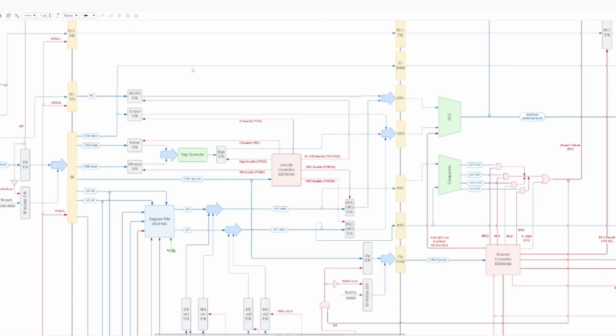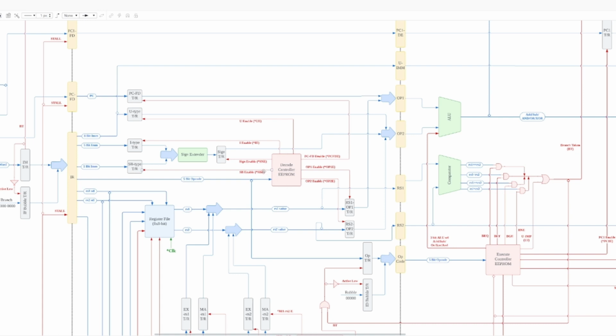Okay, now I'll talk about the decode. The decode receives instructions from fetch and separates them into operators and operands for the execute stage. And this is the decode controller EEPROM, and it acts like a hash table. Based on the opcode it receives, this 5-bit opcode that also gets sent to execute, it will activate a certain control signal for one of these 4 types. And also the certain